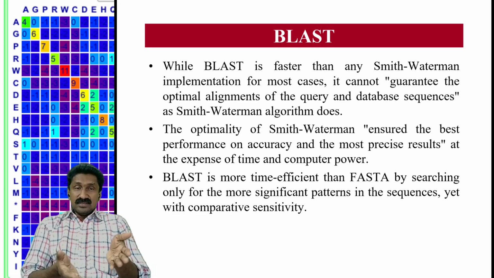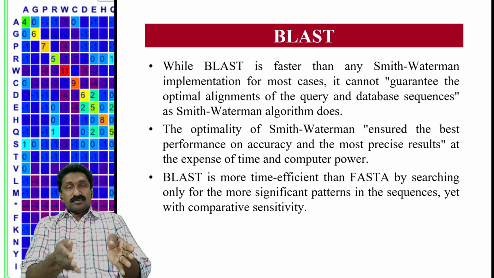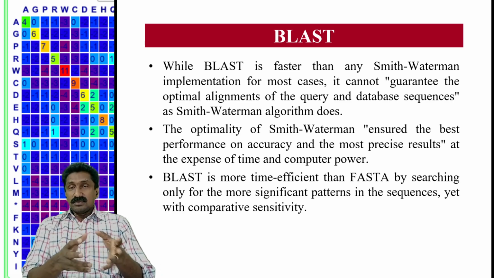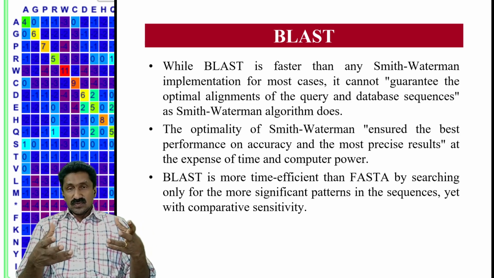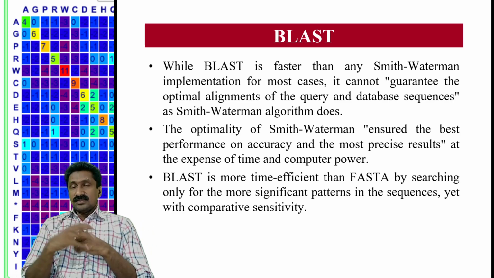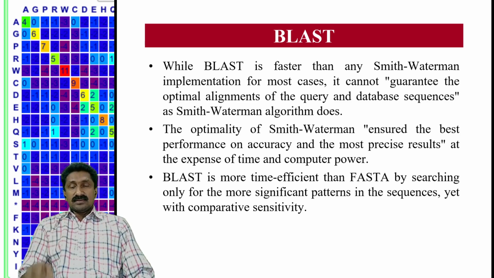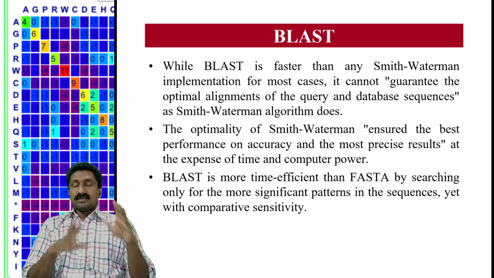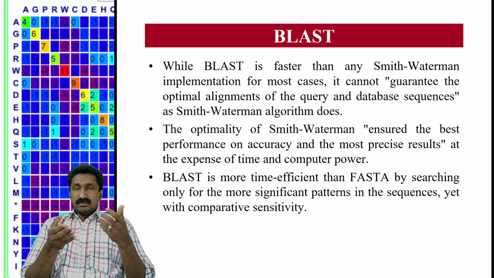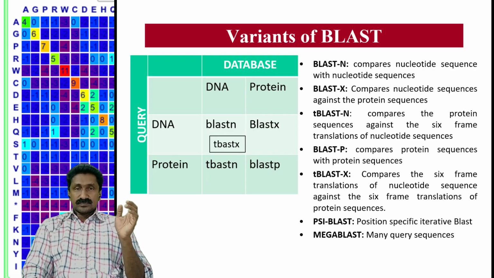For example, BLAST will say you can align in this way or that way. Alternative alignments can be suggested by BLAST because it will look for such similar sequences or similar alignments also. Whereas FASTA looks for exact matches of the words, and it calculates only one optimal alignment. It may be more precise, but the results will be fewer when we compare FASTA with BLAST.